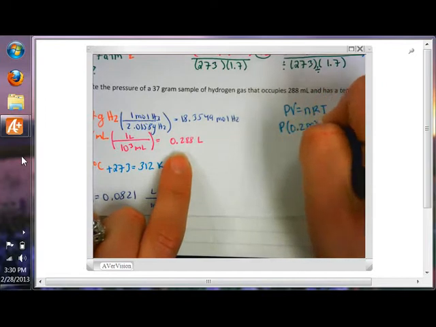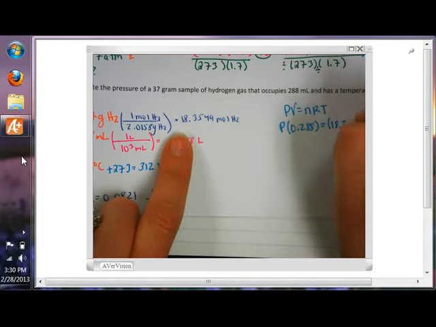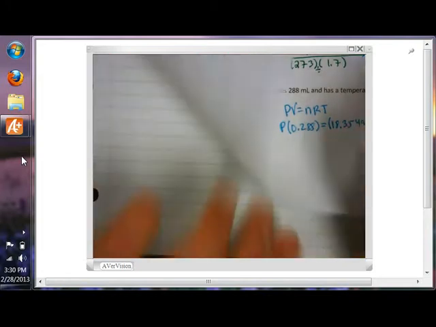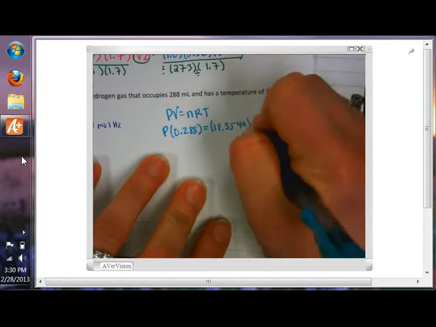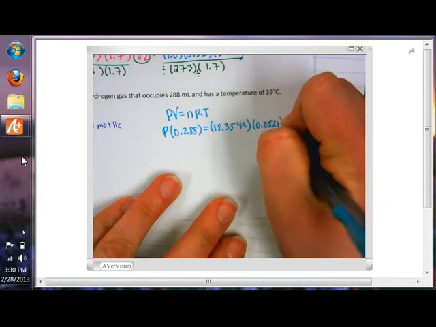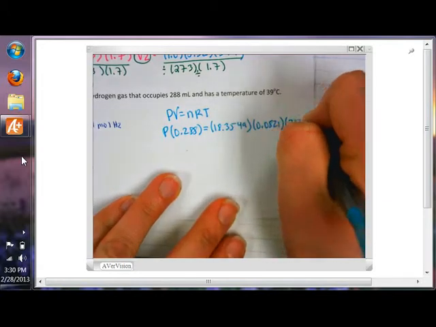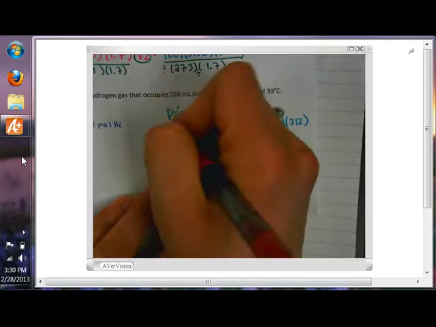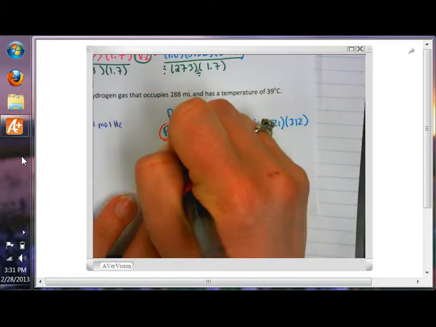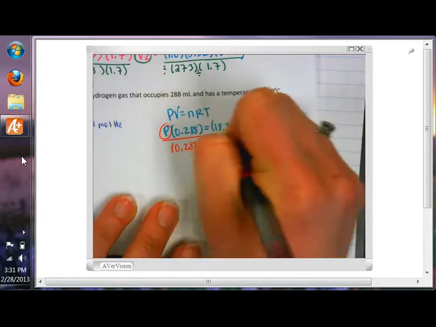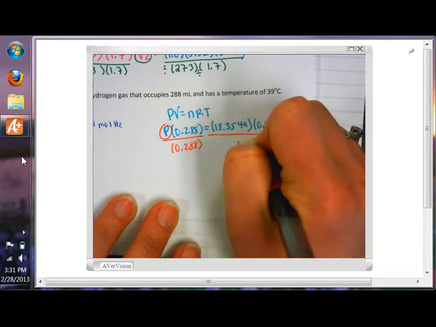I know R is always 0.0821 and temperature was 312. So I want to solve for pressure. So I divide each side by 0.288. Those cancel. And I get pressure equals